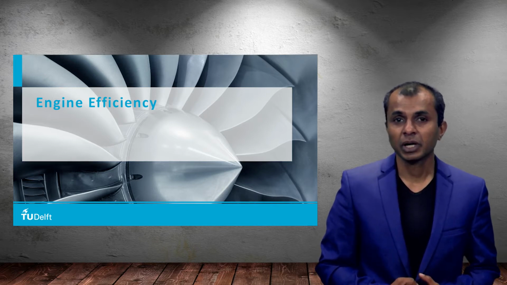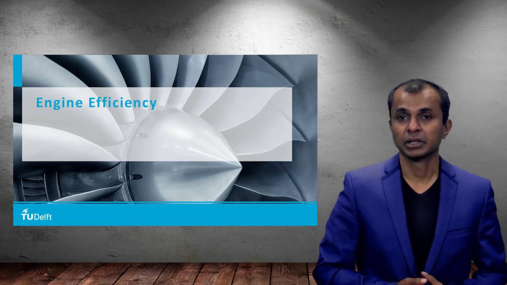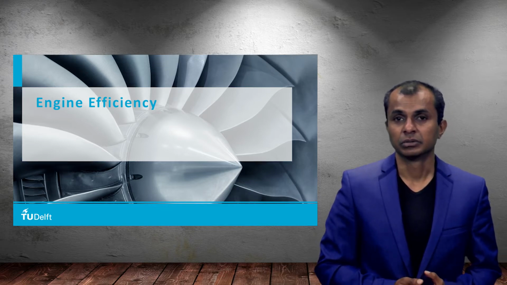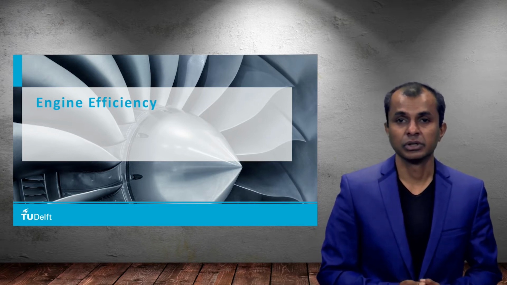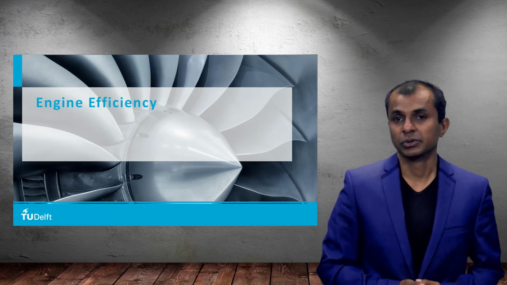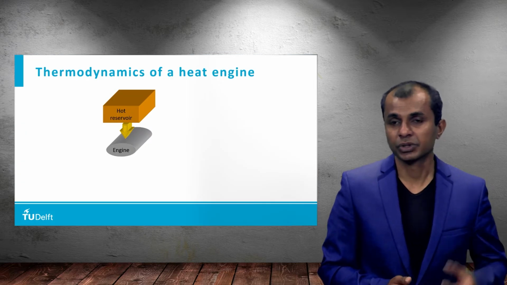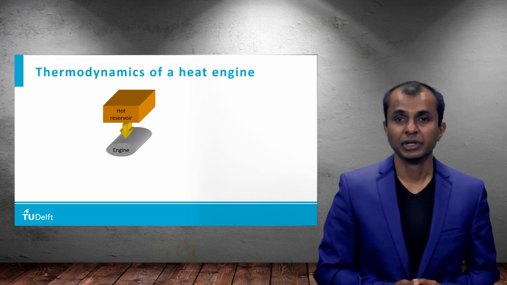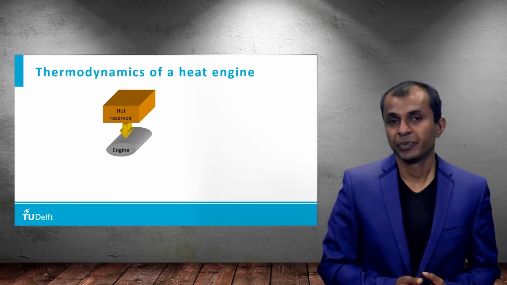When we look at the engine in a bit more detail, it is like a thermodynamic process. Like other heat engines, including an internal combustion engine, a Stirling engine, and the Rankine cycle, the Brayton cycle is also a thermodynamic cycle, which means that it has to have a heat source. Any thermodynamic cycle will have to have a heat source, and that heat source is supposed to be at a higher temperature.